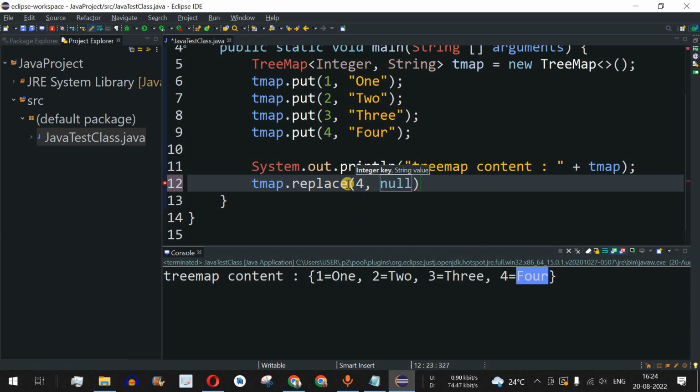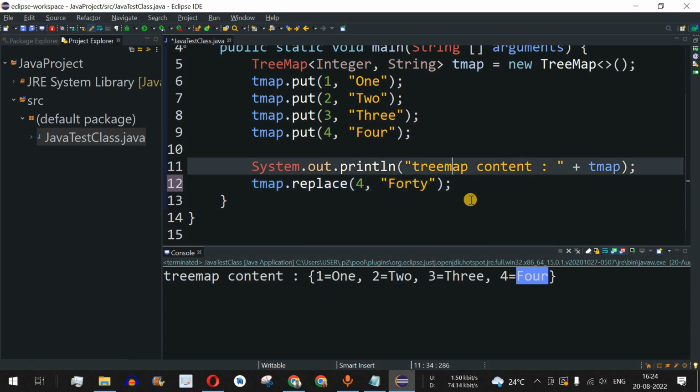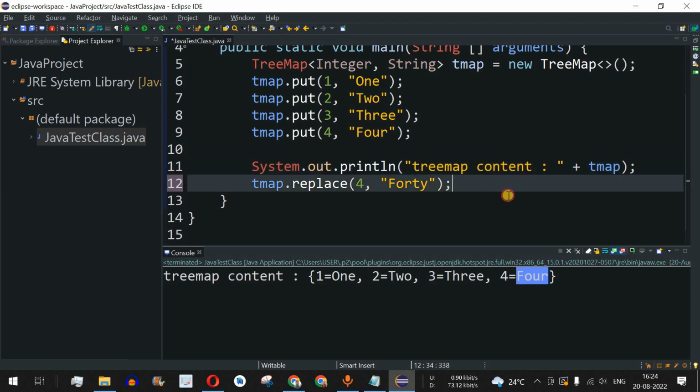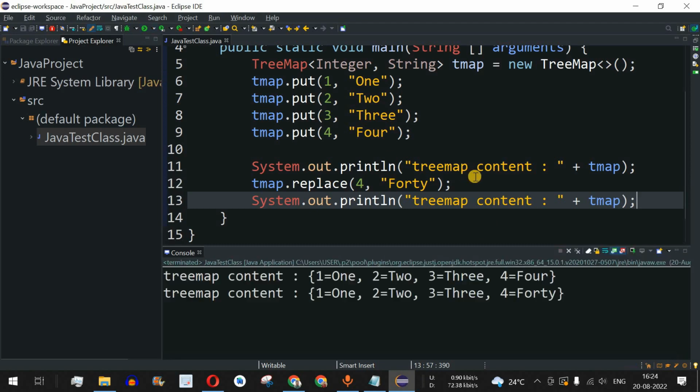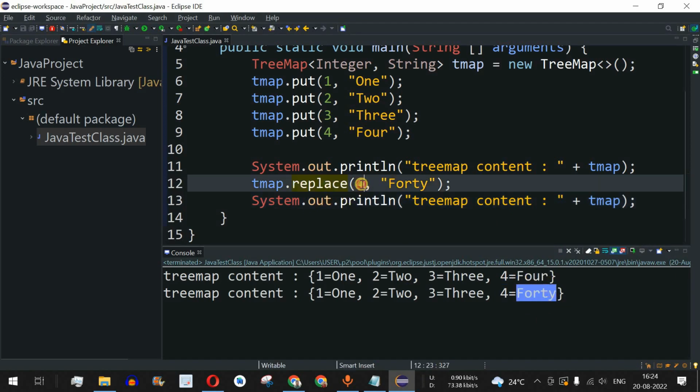So I'm going to provide the 4 as the key, and then over here the updated value I'm going to provide is 40. So guys, we have provided 40 over here, and then what I'm going to do is I'm going to print the content of the tree map once again. So I have pasted this line of code over here once again. Let me just save this file and try running this code. So as you can see, for the key equal to 4, instead of 4, we are getting 40 now. That's because we have replaced the value of that particular key.